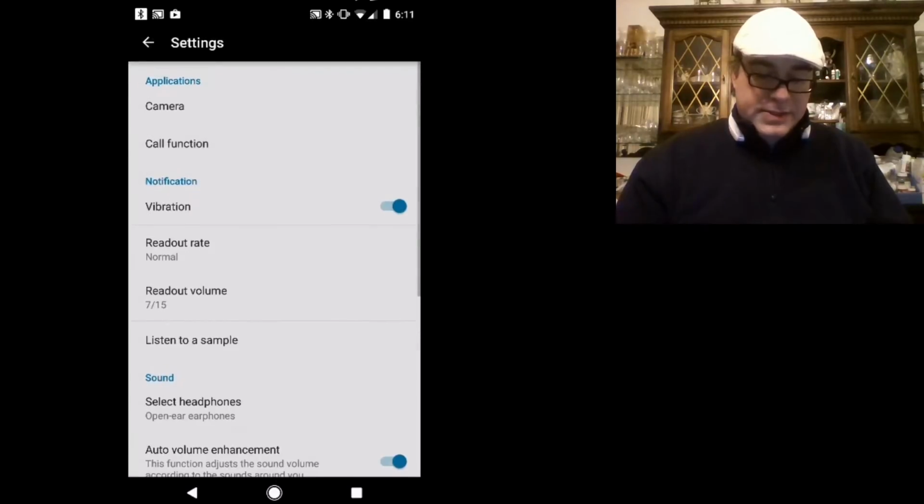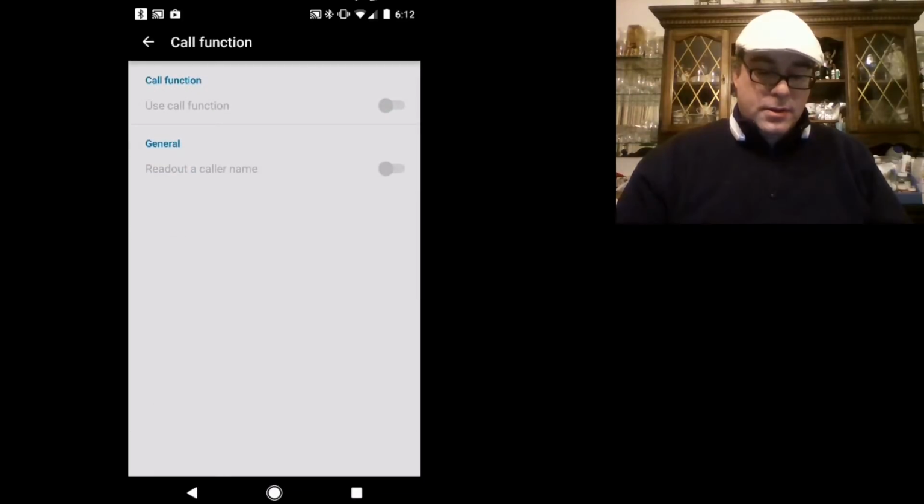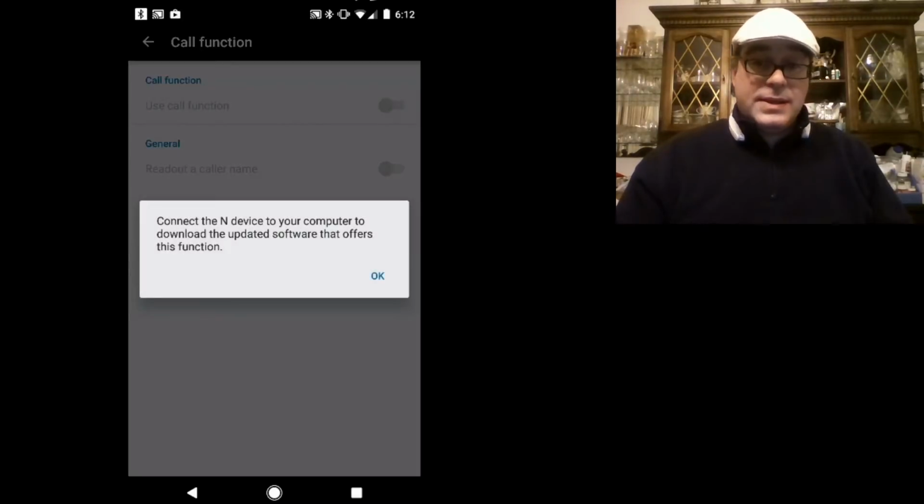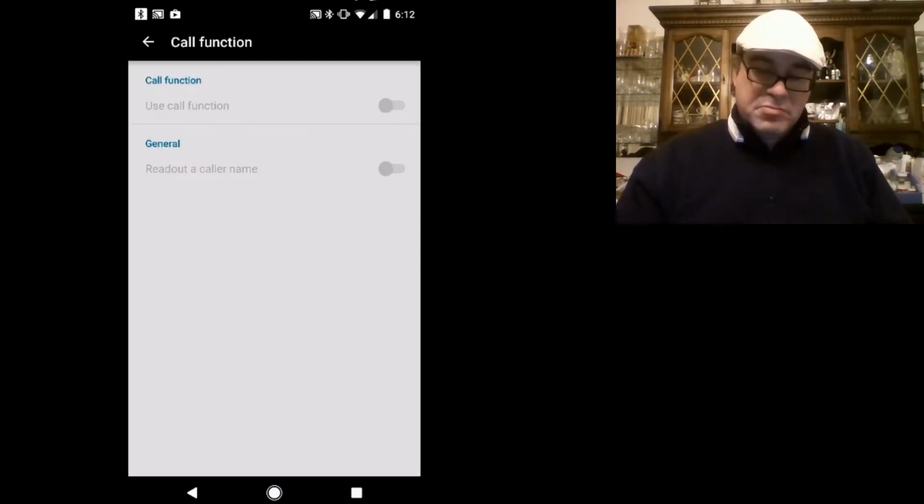So under settings here, there's a new functionality that says call function. Let's click on that. And you'll notice that the options are grayed out. If we click on that button, it says connect the N device to your computer to download the updated software that offers this function. That's something we didn't check out. Let's go back,